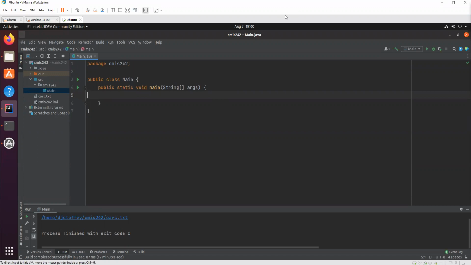A couple notes before we get started. This is the last week of the course. The course will end at 11:59 p.m. Eastern Standard Time on Tuesday. That is the last minute I can take any assignment submitted.